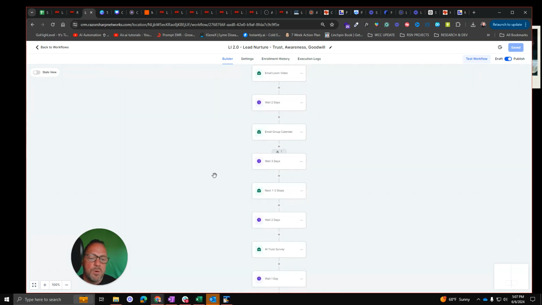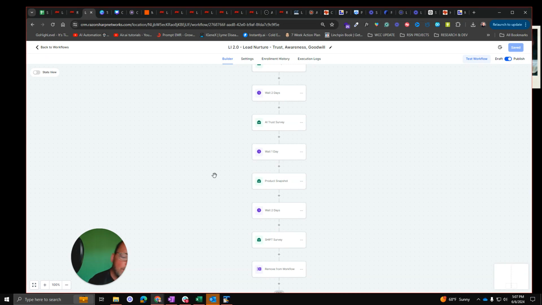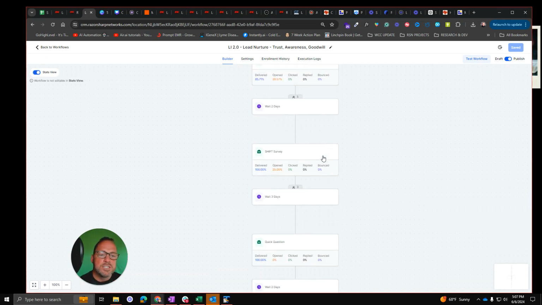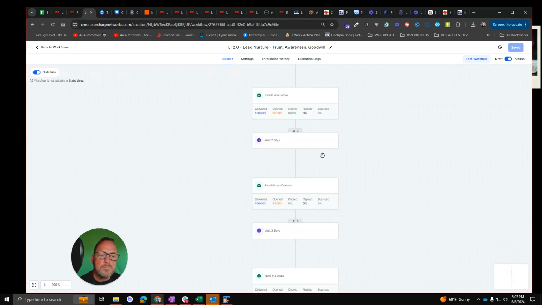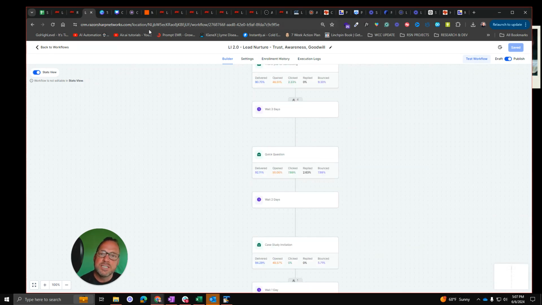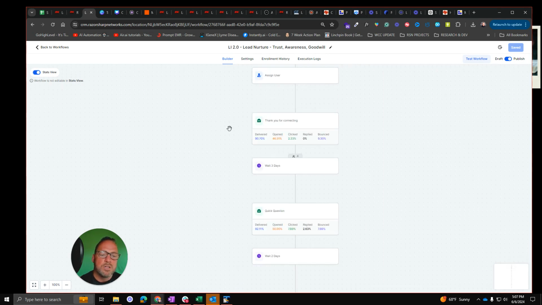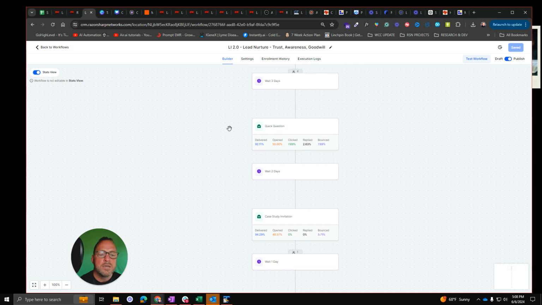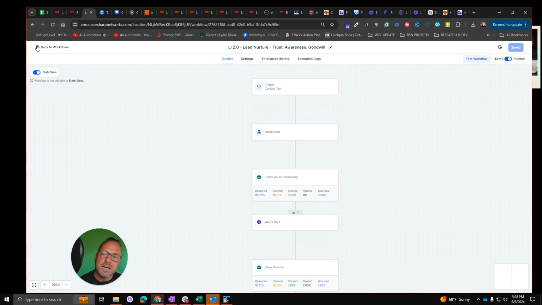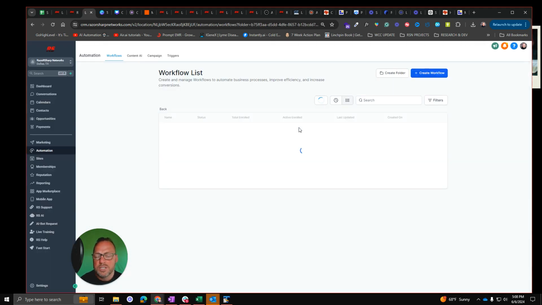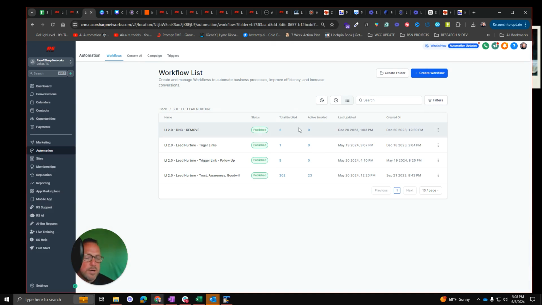It moves all the way through the process. We revisit it and track that process all the way through. Now, as you can see here, we have tracking and analytics built into this as well. It gives us full visibility into how many people are clicking, how many people are opening, and the effectiveness of the actual campaign itself. So this could apply to anything, whether it's lead nurturing, lead generation, the sales and acquisition process,